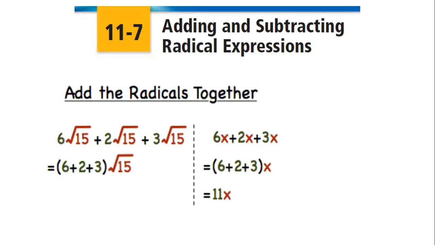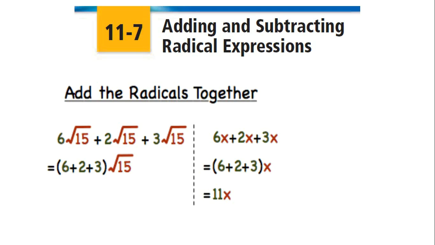Again, we will continue lesson 11.7, adding and subtracting radical expressions. To remember what we already explained yesterday, we added and subtracted the radicals together. Here in this example, as a quick revision, if we want to add 6 radical 15 plus 2 radical 15